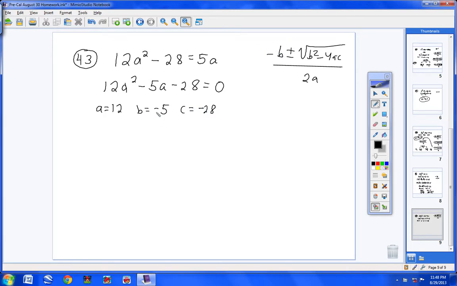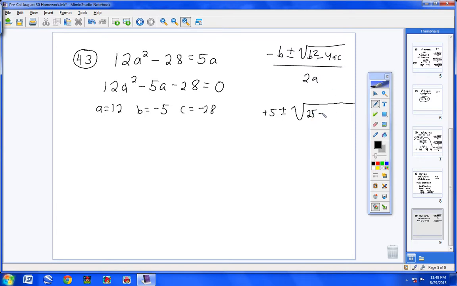Now, let's come up here. Negative b. So b right here is negative 5. So where b is, I'm going to put a negative 5. And there's already a negative sign out front. So I have a negative 5, which would be a positive 5. And then plus minus the square root of b squared. We all know that a negative 5 squared would be a positive 25,